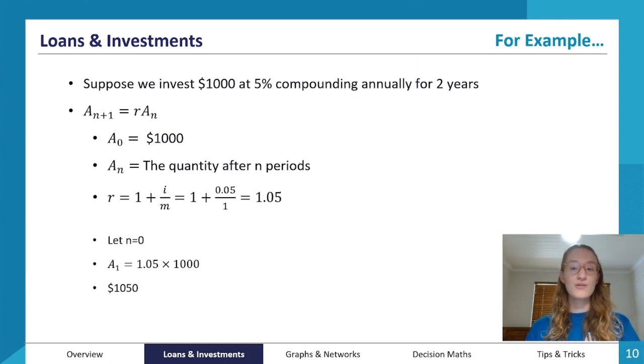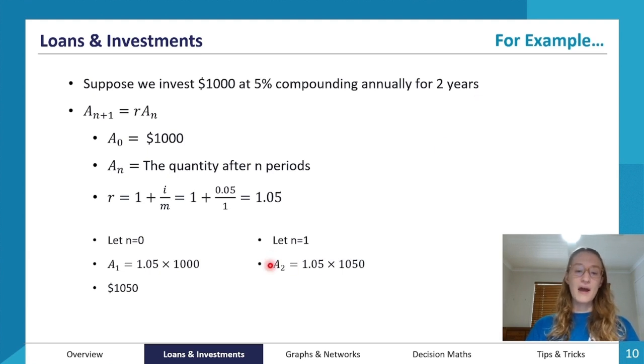But we're being asked what's the quantity after 2 years. So then we've got to apply our recursive rule again. So we'll say let n equal 1. So now we're saying A2 is equal to R times A1, which makes sense because we're applying the rule to the following year. So we're saying, well, how much would there be after 2 years? And we can work that out because we know how much was there after 1 year. So we'd say the amount after 2 years is equal to the amount at the end of the 1 year, multiplied by the same factor because it's growing by that same amount. And that'll give us